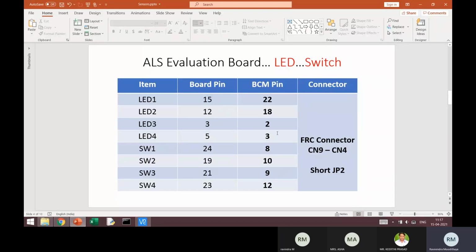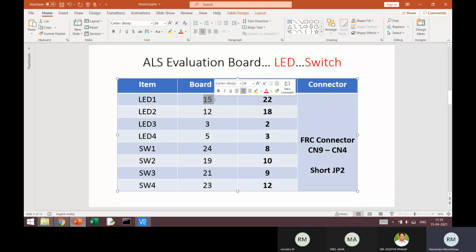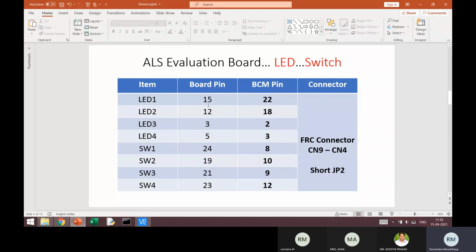So if you are setting the mode of pin numbering as BCM, I should use these numbers. For example, if I want to operate LED 1, I use 22 as the pin number if I have set the mode as BCM. If I have set the mode as board pin, then I have to use the number 15. In the very first experiment, I think we are using board pin, but in the subsequent experiments, we'll be using BCM pin. I'll come back to this once again when we write the code.